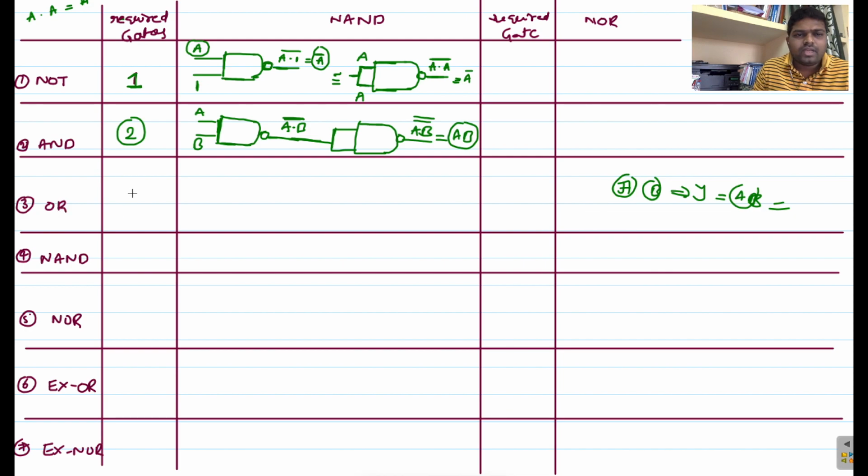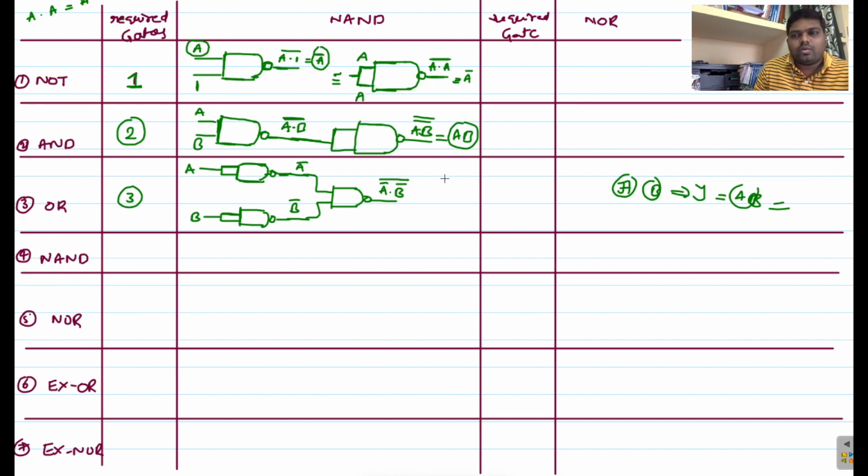Here we require three NAND gates. Okay, so now first I will take one NAND gate here. So here I am providing input A, and here also I am taking one NAND gate. Here also I am providing input B. So A is applied to this NAND gate, so that I am getting A bar here, and here I am getting B bar. Okay, now these two are connected to one more NAND gate, so that is A bar into B bar whole bar.